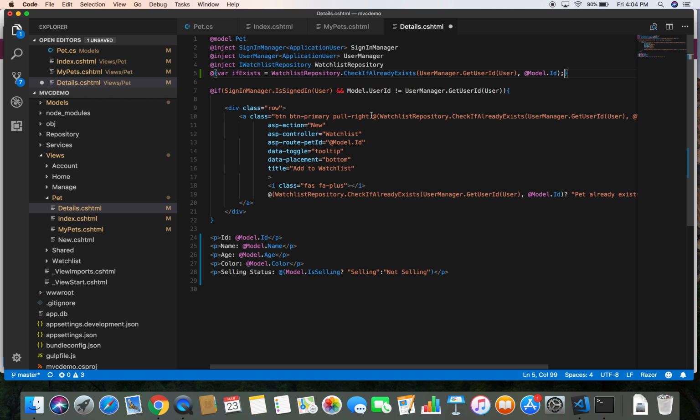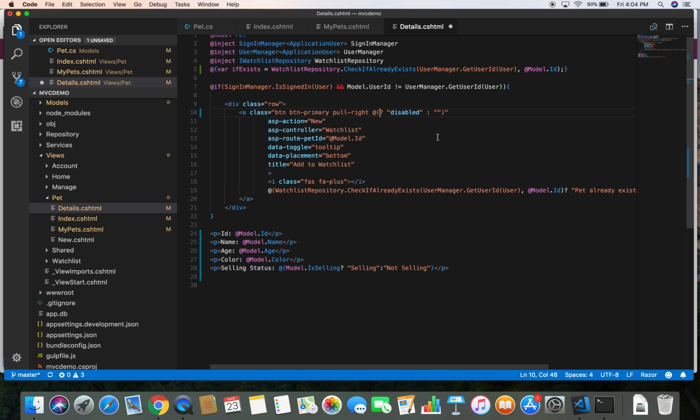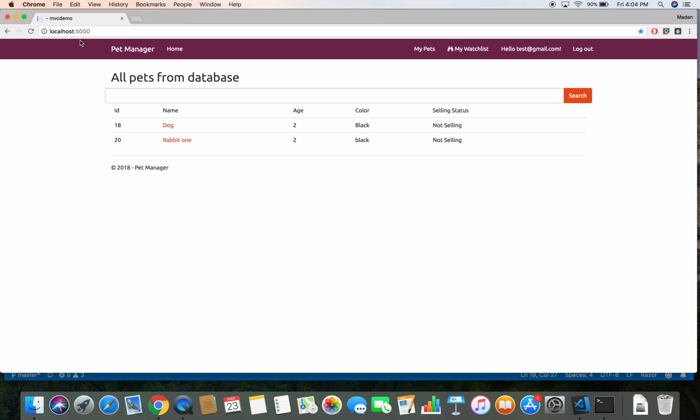Now we can use this newly created variable in place of this long statement here. If isSelling, and same thing here. So say if isSelling. Let's save it,